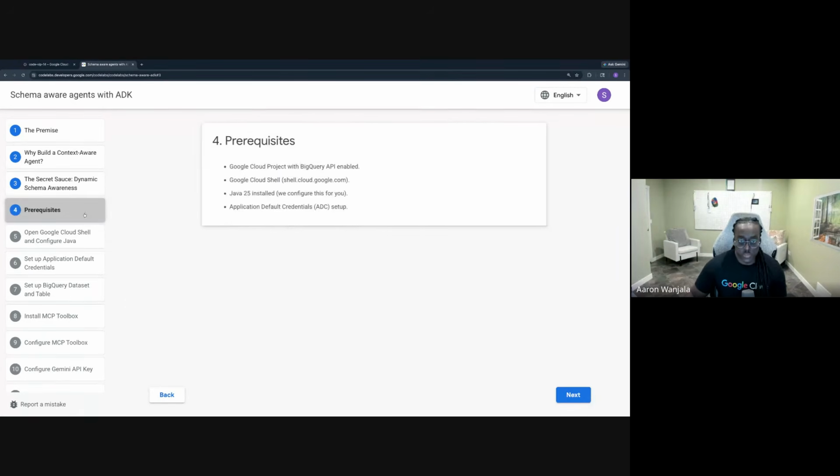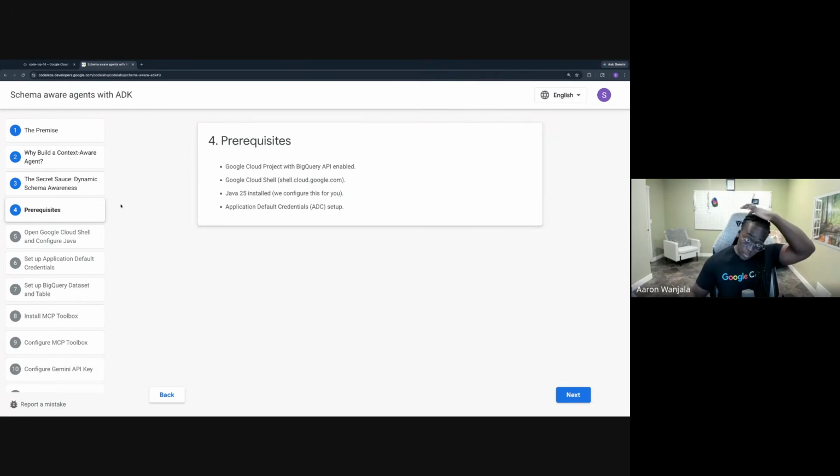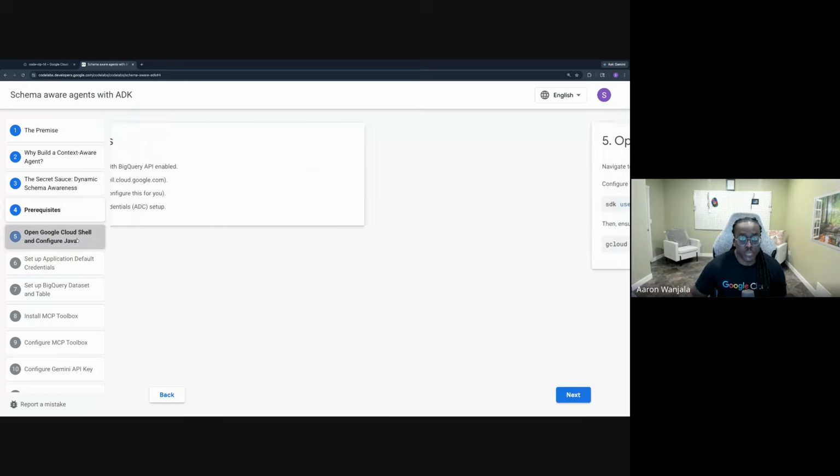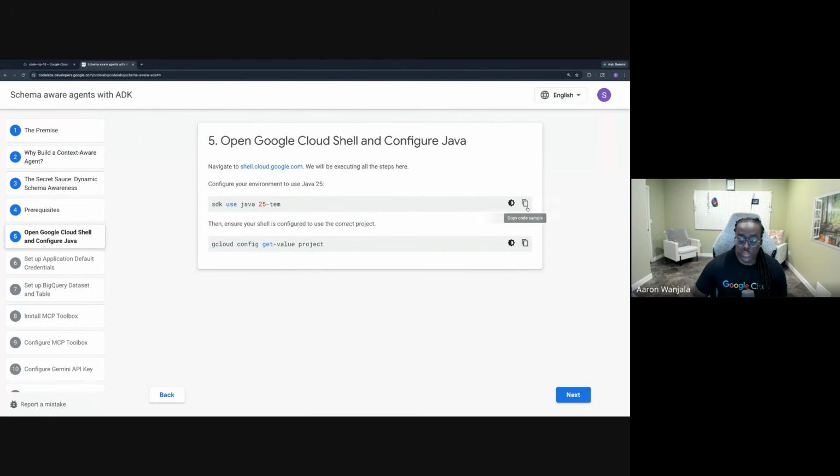So specifically, all we're going to need to get this project done is a Google Cloud project with BigQuery enabled, Cloud Shell environment, Java 25, which we will configure during the steps, and to sign in with ADC. So if you use the Cloud Shell and follow the steps, all of this will be taken care of for you. So to begin with, we're going to